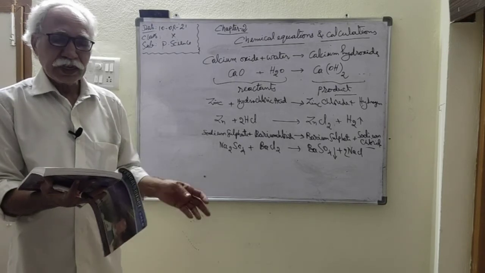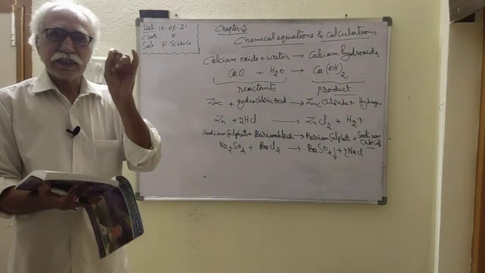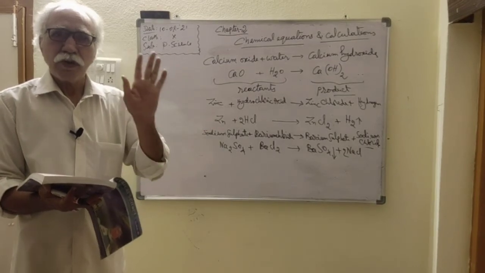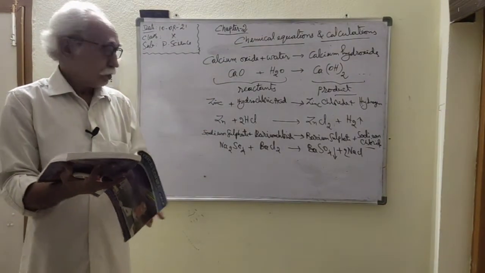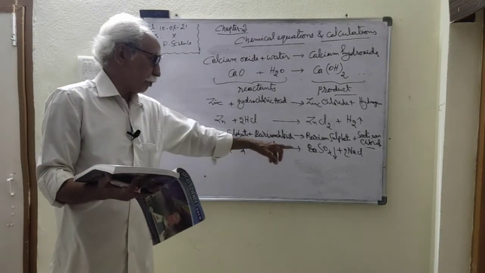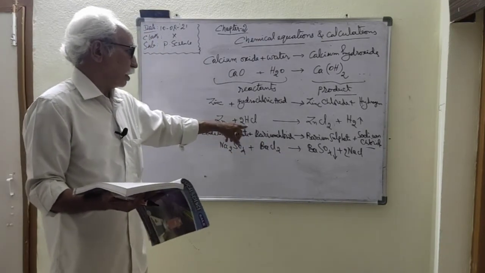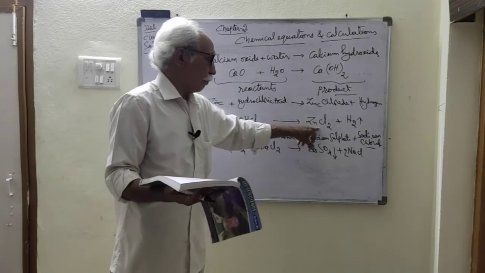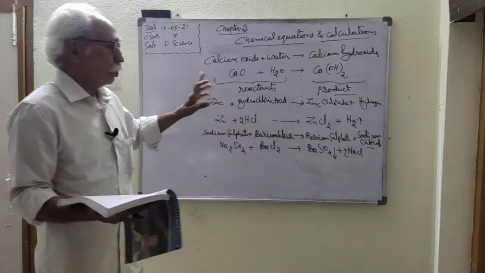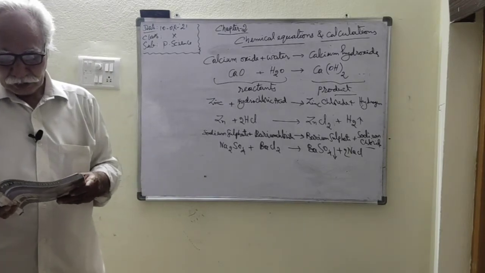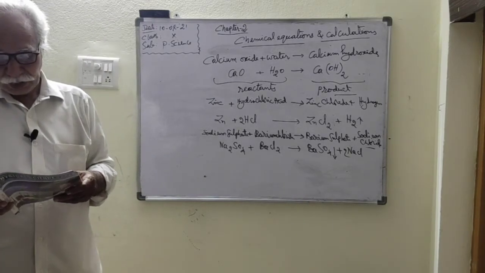So in general, an element is assigned a symbol, and compounds are assigned a formula. So remember, here all these are formulas, which means all these are compounds, but in this case a symbol, this is an element. This is a compound, this is a compound, this is the element. So generally you write an element with a symbol and compounds with a chemical formula.